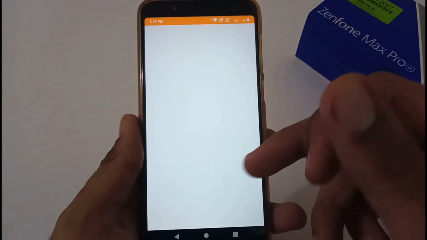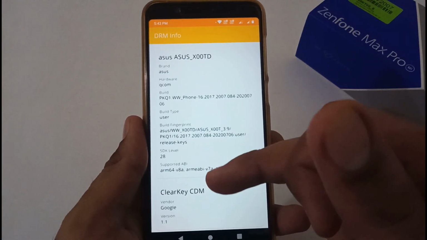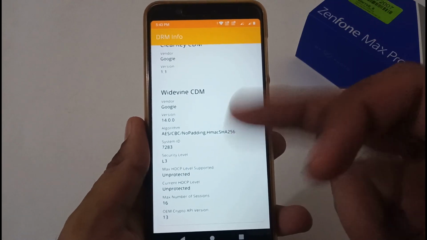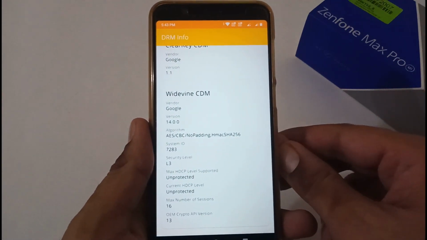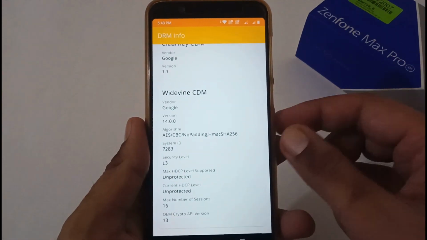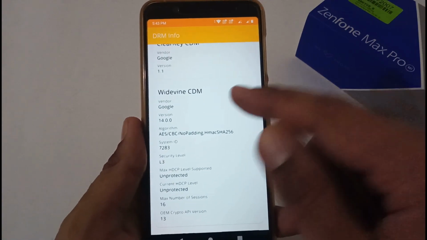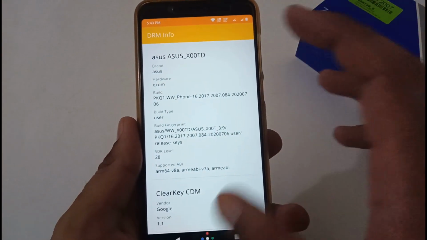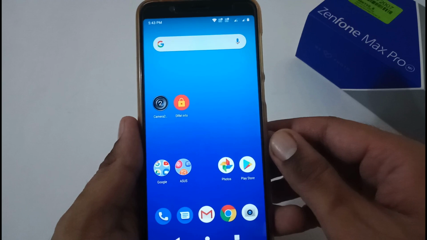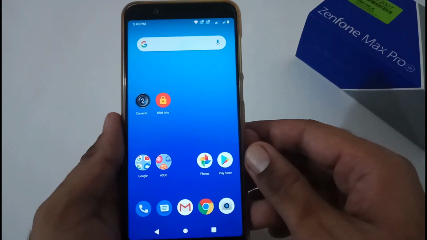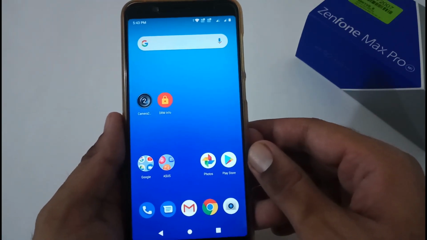And apart from this, the status of Widevine certification: at my side it is showing me L3 and it is still showing me L3 after upgrading as well. And it has been persisting since the time I installed the Android 10 beta 1 version. So apart from this, in the coming 2 to 3 days, I will try my level best to post a video on my review as well.